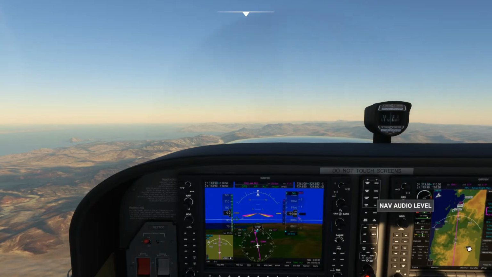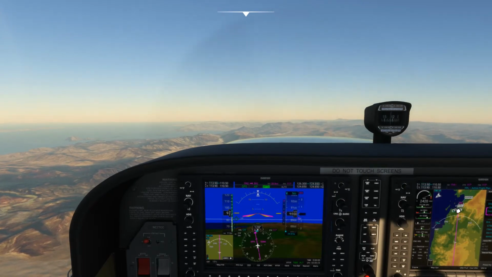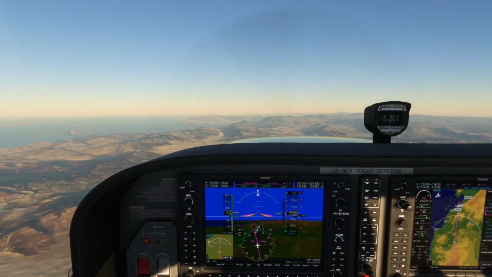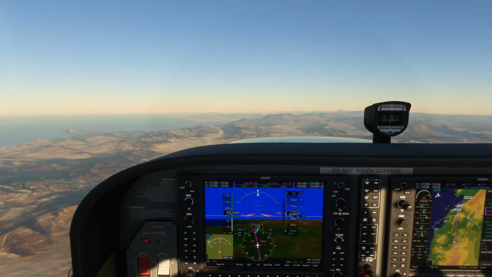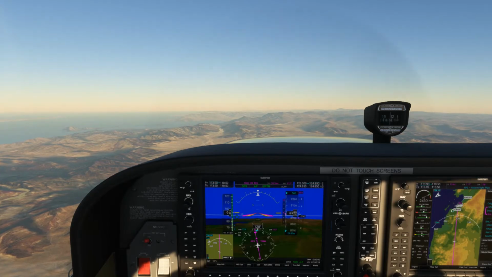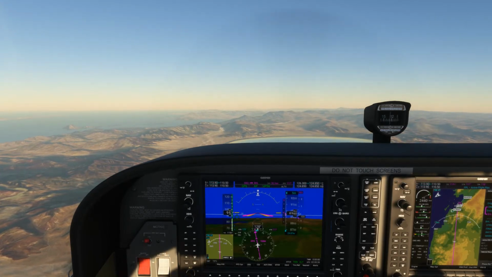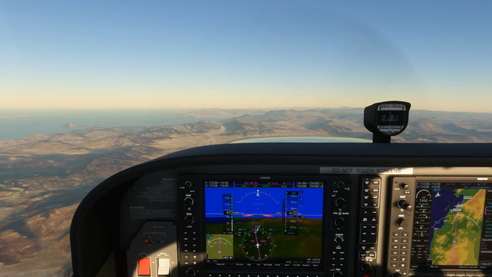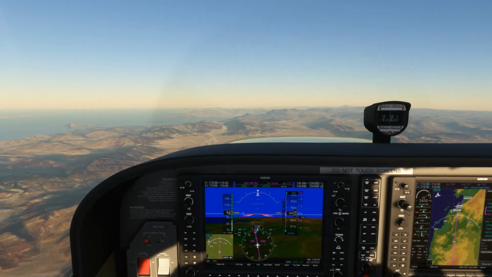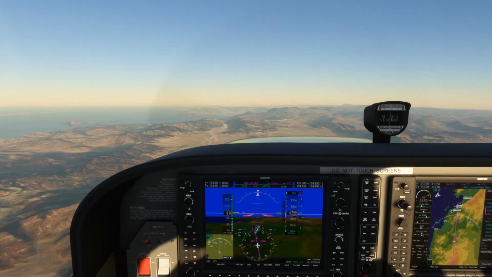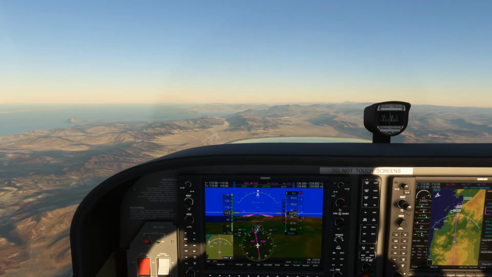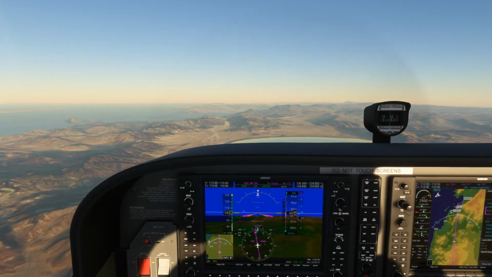The only thing that we have to worry about is this section right here. And we are now at top of descent, so we should start speeding up. We might have to reduce power a little bit, but I think we're doing okay. We've got a good 20 knot crosswind right now. I'll back off on the prop just a little bit here.